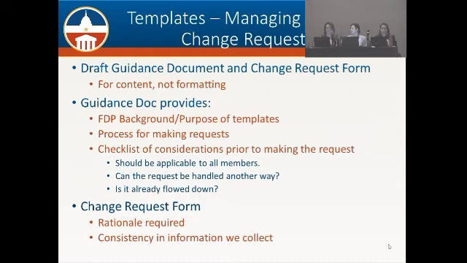and then make the formal request to us. And so then we have a draft change request form where the individual has to provide the rationale that's required. It also gives us consistency in the way that we collect this information and could share it with membership. So we know right away that the individual has already checked, okay, was this something already flowed down? Oh, wait a minute. It might even stop it dead in the circle because it's like, oh, well, an FAQ would really address it. So this is what we're trying to do, because I think we've really heard you. You're concerned about adding anything more to the templates, and we don't want to make revisions any more than we have to.